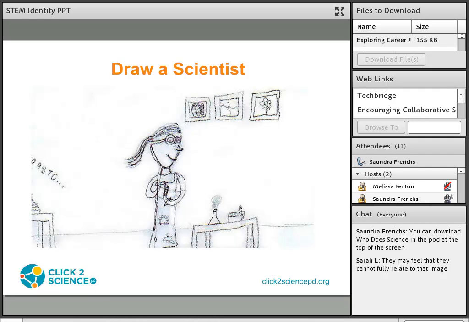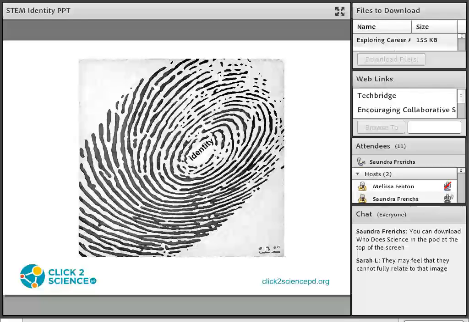So let's think a little bit about what identity is and what it means. Why is it important for youth to develop a STEM identity? Well, what does the research tell us? First, there are several research studies that have shown that out-of-school time programs can have a significant impact on STEM identity.